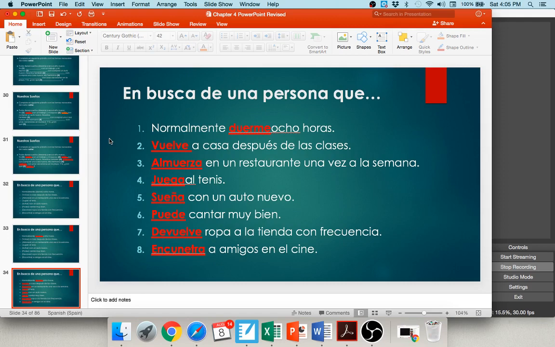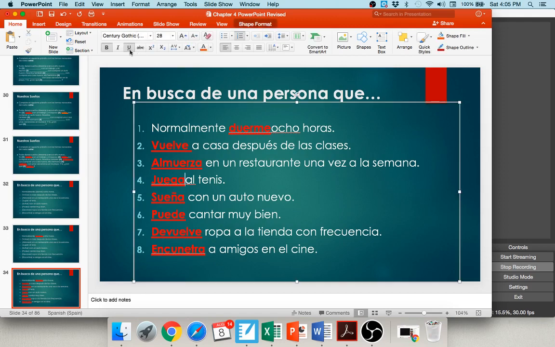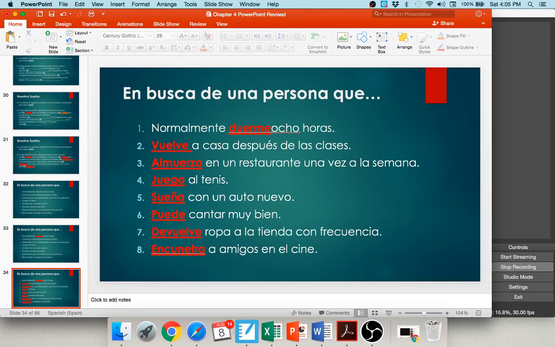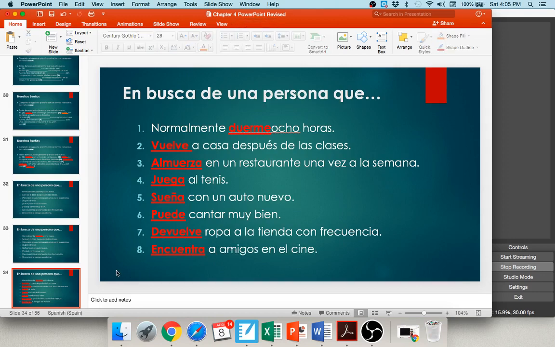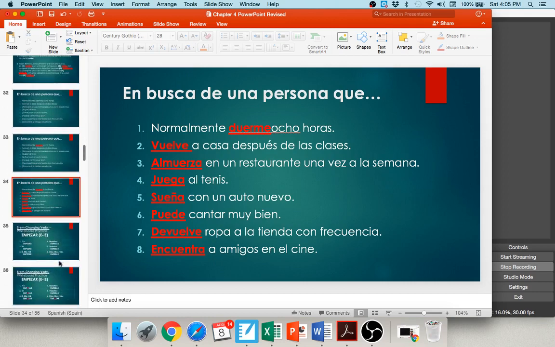Juega, from the verb jugar. That was a U to UE stem changer, not an O to UE, but we'll talk about it more in a minute. Sueña, you've seen that one before. Puede, you've seen that one before. Devuelve, and encuentra. Should be UE. Encuentra. Okay? So, these are the answers you should have. Hopefully you're getting these correct.